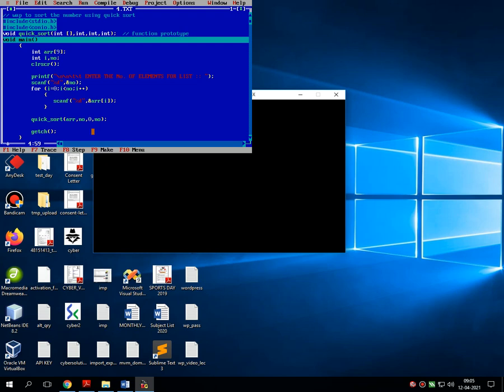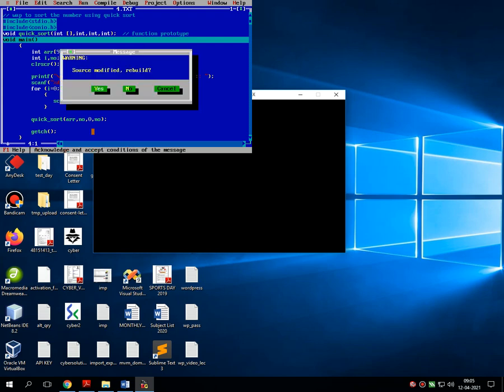In the function prototype, in total I have passed 4 parametric values, where the first parametric value is an integer array and the rest 3 are integers. The name of my UDF is quick_sort. To easily rectify that, I am using quick sorting. And the function is a function with arguments without a return value. So I have declared void as the UDF is without a return value.